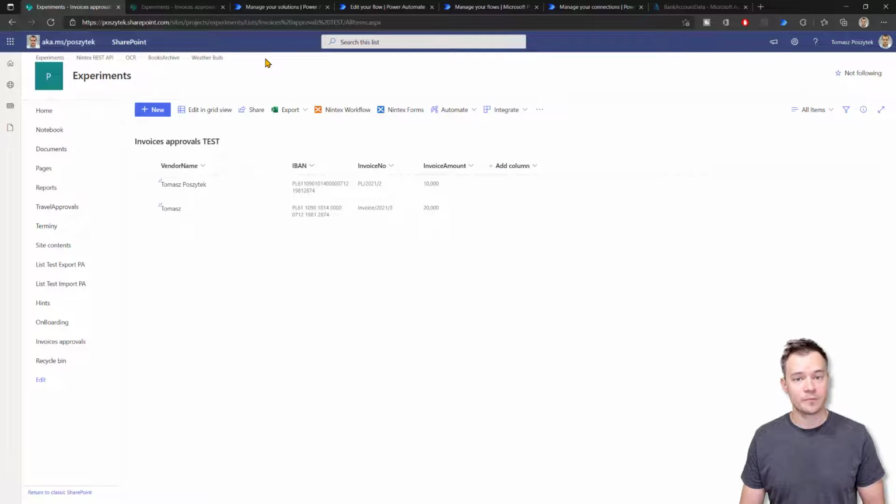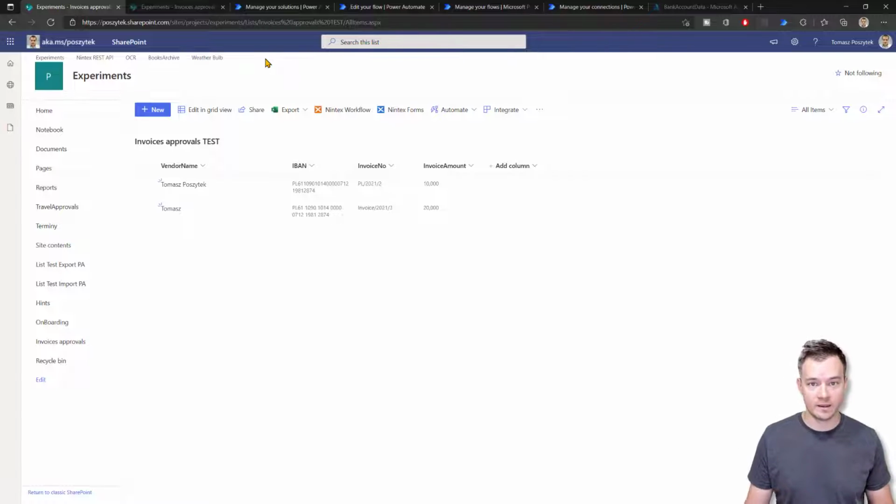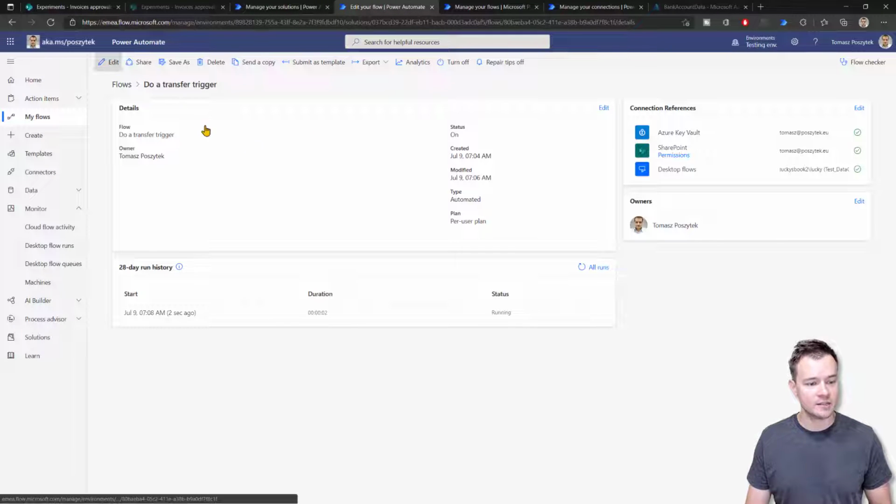All right, so that's the moment where we have our solution built. We have tested it, that it's working. So now we are thinking about moving this to another environments. In my case, I will just move it into a so-called production environment, but let's just assume this is going to be just a different environment. But one thing, I still